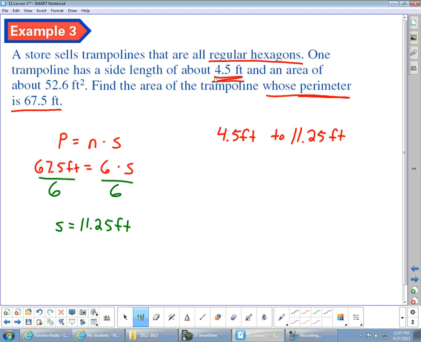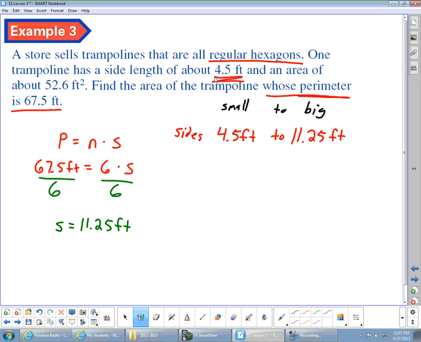So going small to big, I'm just going to write small to big, and let's simplify our sides here. I'm just going to color coordinate things here. Our ratio of our sides is 4.5 feet to 11.25 feet. Well, let's get that into some whole numbers. The feet cancel out in our ratio, so we have no unit in our ratio,